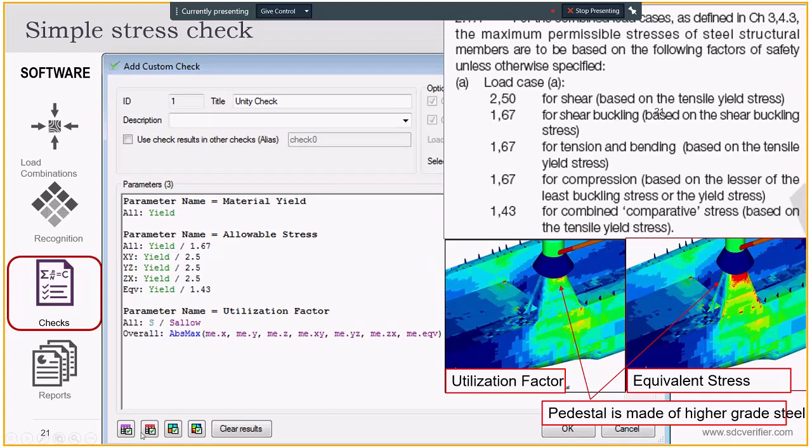For example, we need to perform a quick static stress check with safety factors prescribed by a standard. So we create a parameter material yield, which reads the yield from your model. We create the allowable stress parameter, where we divide this value of yield by a safety factor. Here you can see that it's different for different directions. It's 1.67 for all directions, but then it's overwritten for shears to 2.5, and then the equivalent one is 1.43,